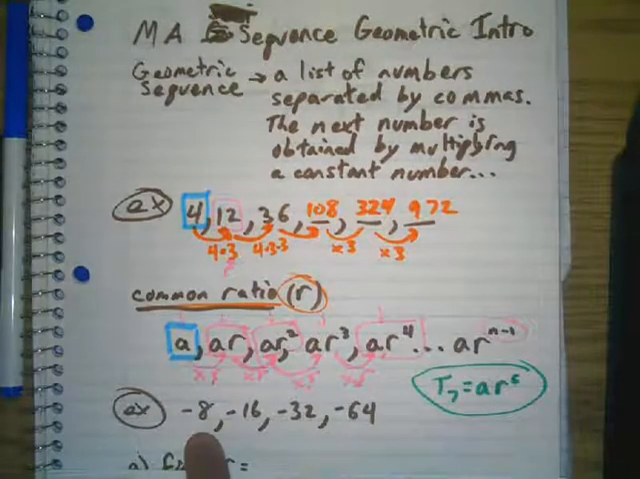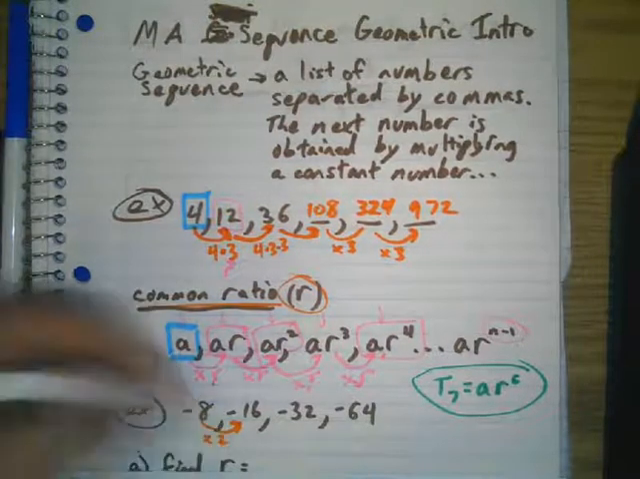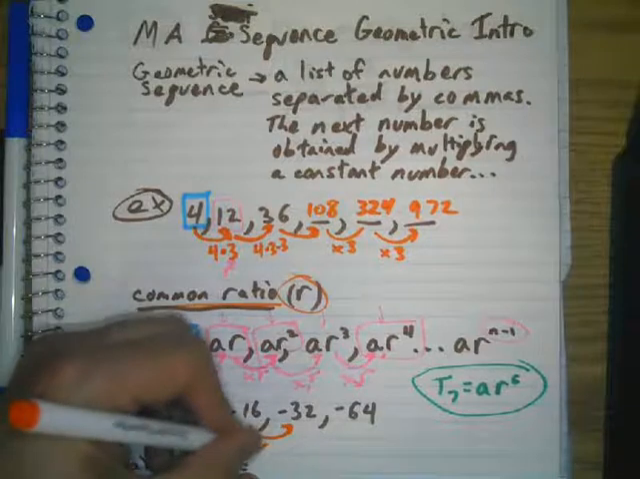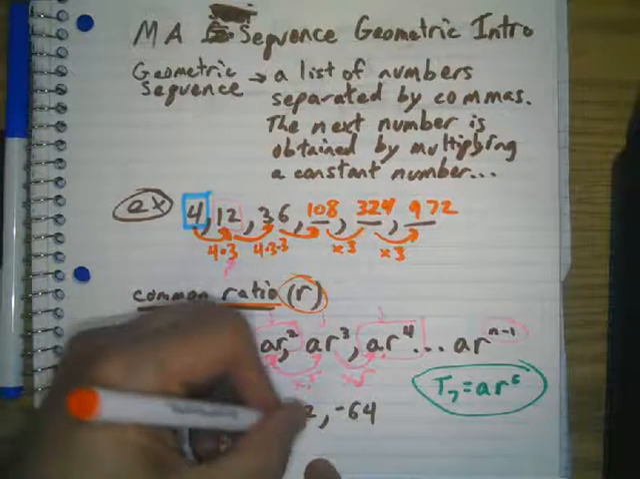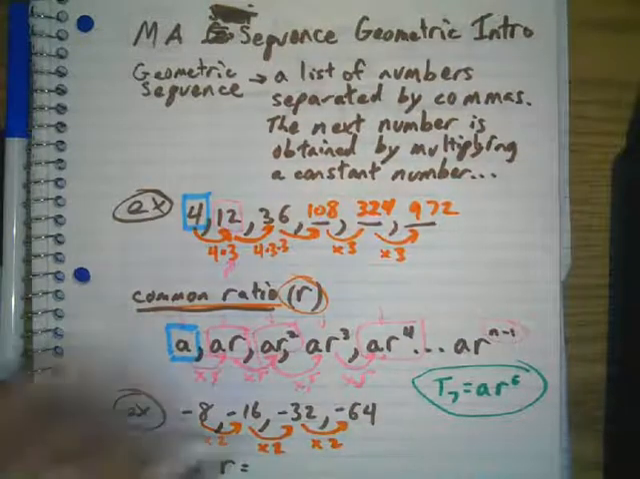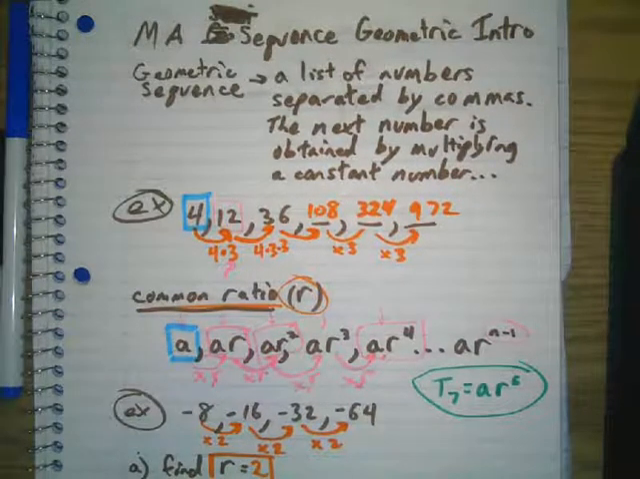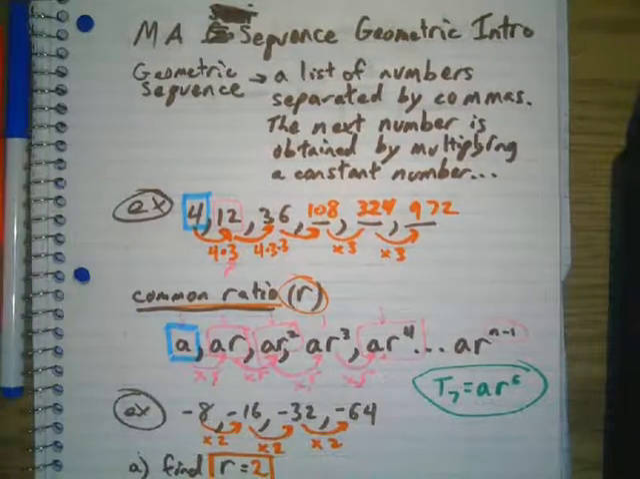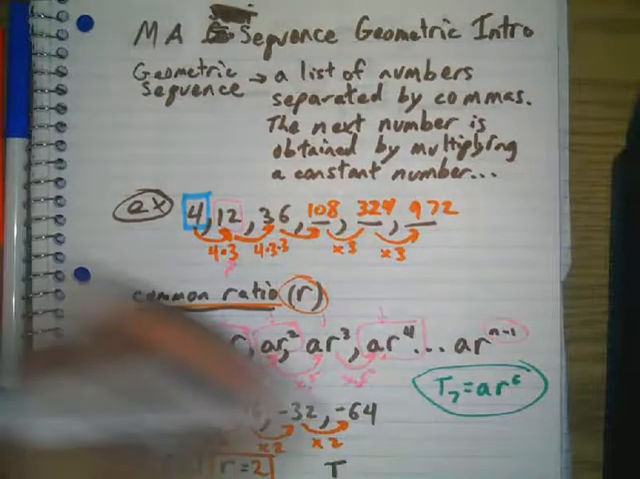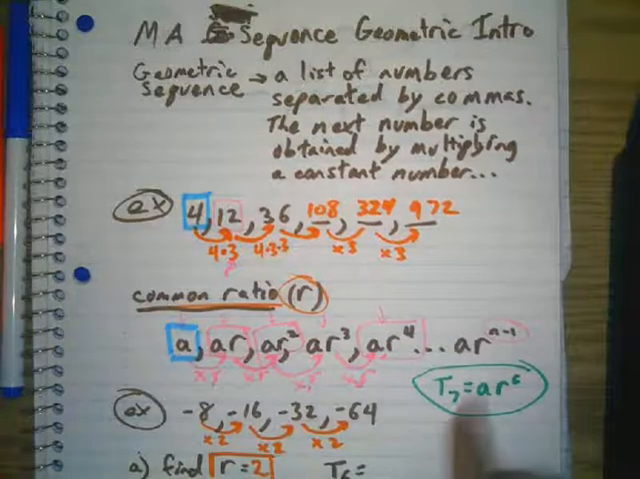Okay, to get to the next one, I'm multiplying by 2, right? Because negative 8 times 2 is going to give me negative 16. And if I multiply that times positive 2, we get negative 32. And if I multiply that times 2, we get negative 64. So what's my R value? My R value is 2. Okay. And if I said find t to the, I don't know, let's say 6th power. Okay. Then using this relationship here,